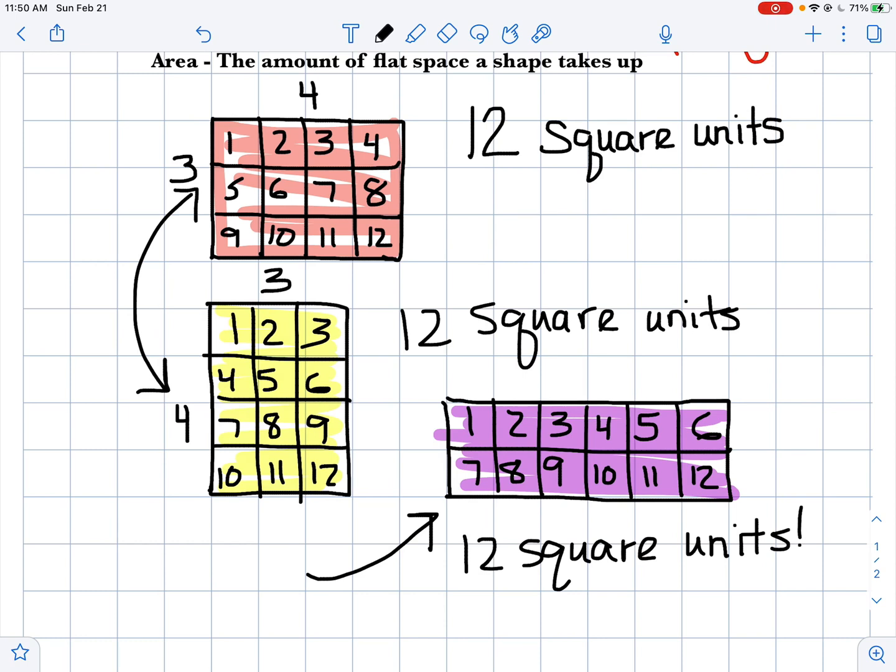Okay? Good luck. Go to it. Find some area. Don't forget to write your units of square units. Let me know if you need any help, and have